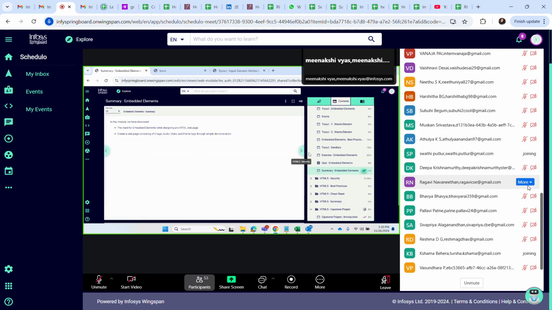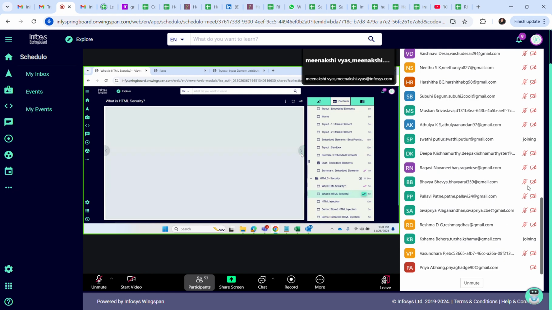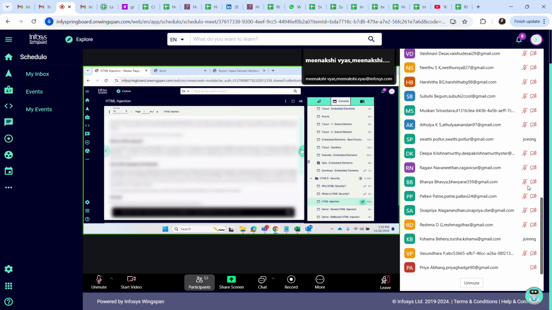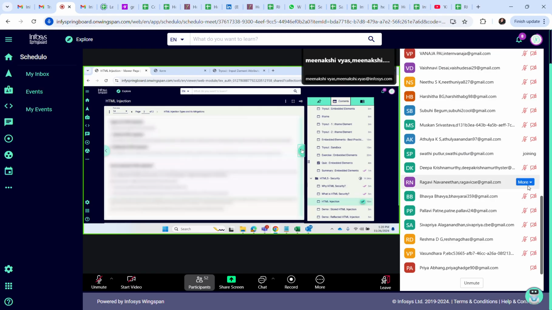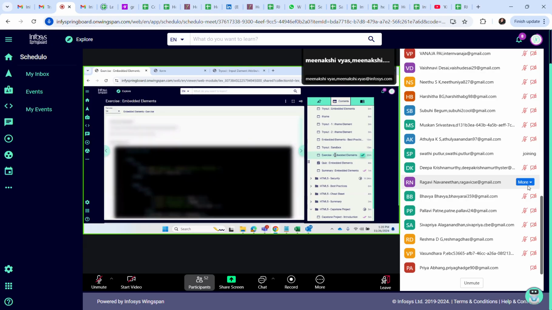You can include the audio and video into your system, right? You can create the buttons to include the files in your system. So this security and the embedded element, I'm leaving up to you for the further learning.